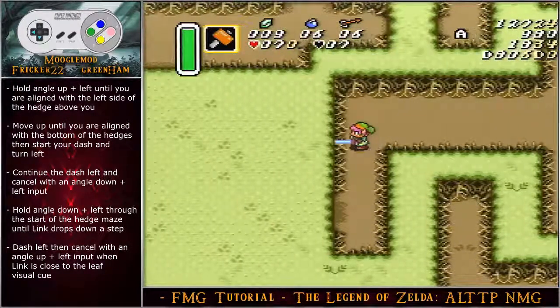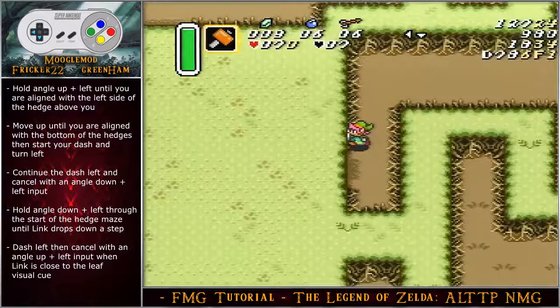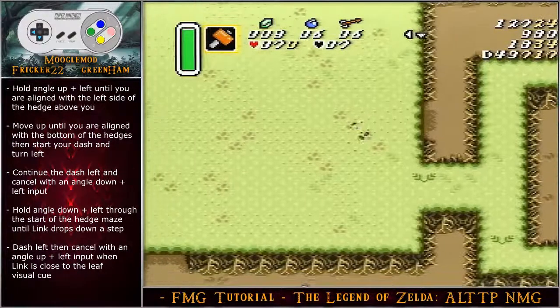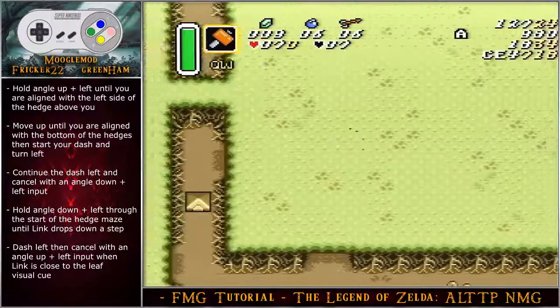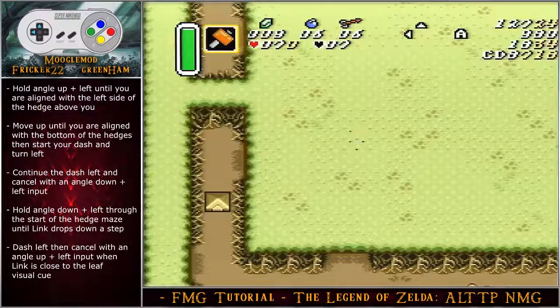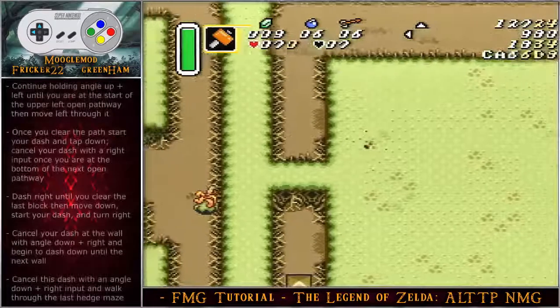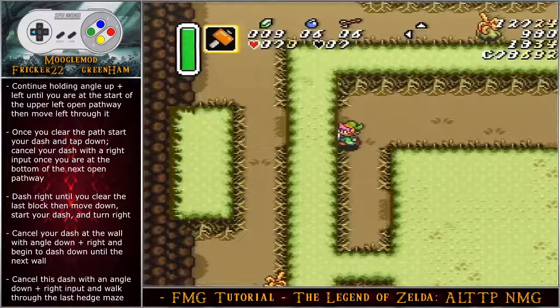Continue the dash left and cancel it with an angle down left input. Hold angle down left through the start of the hedge maze until Link drops down a step. Dash left, then cancel with an angle up left input when Link is close to the leaf visual cue. Continue holding angle up left until you are at the start of the upper left open pathway, then move left